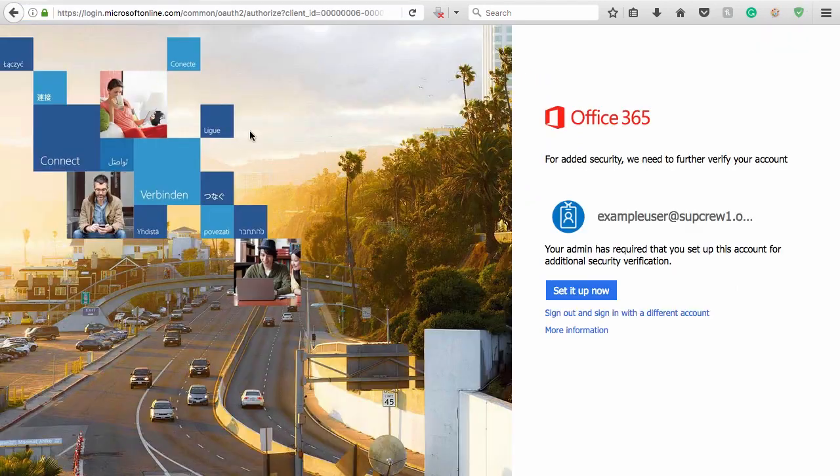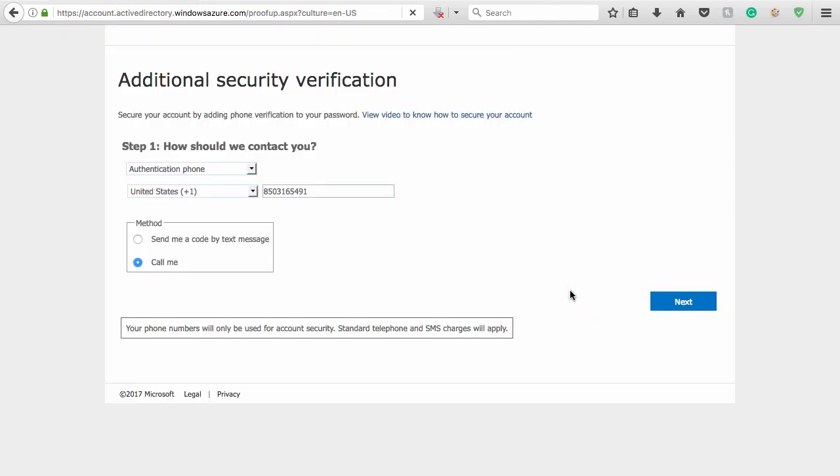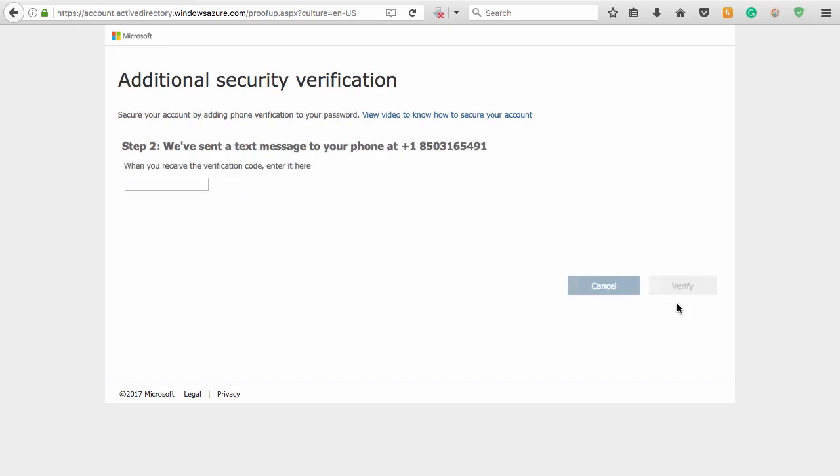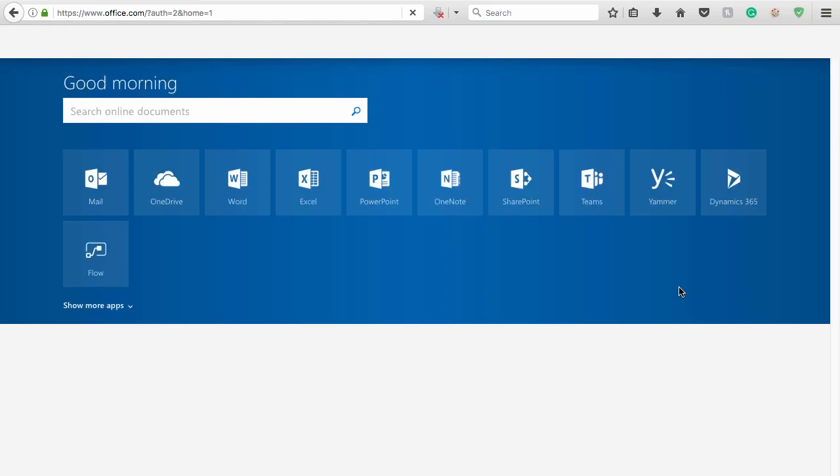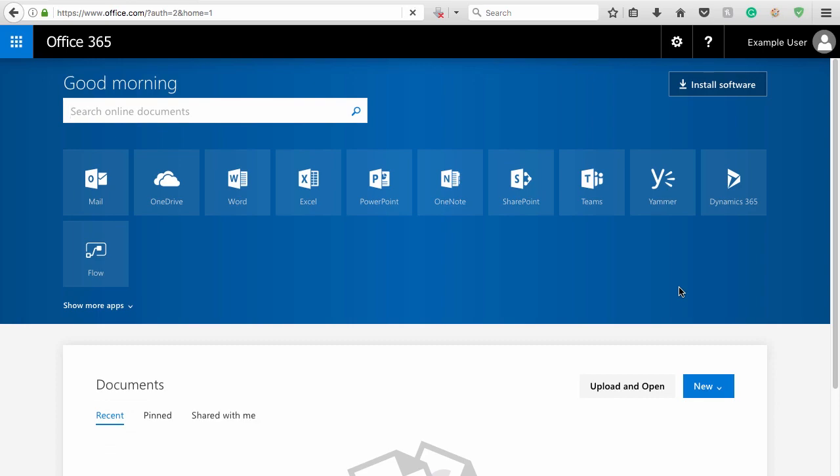Once you have confirmation, simply log in to your Office 365 account. If it's your first time verifying your number, complete the verification prompts. Your app password will be created and displayed in Step 3. Copy the password to your clipboard and use it when prompted to enter your Office 365 credentials in an external